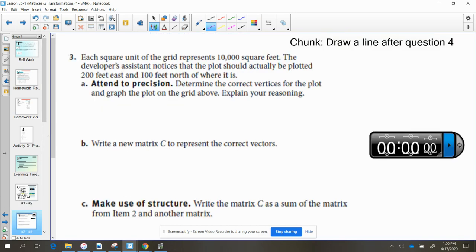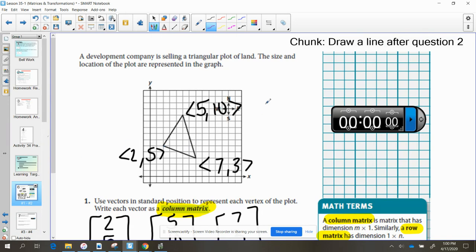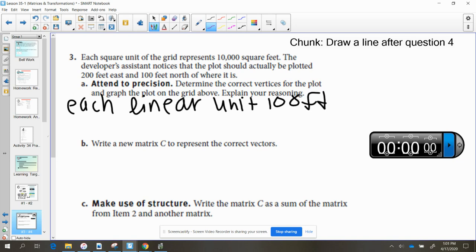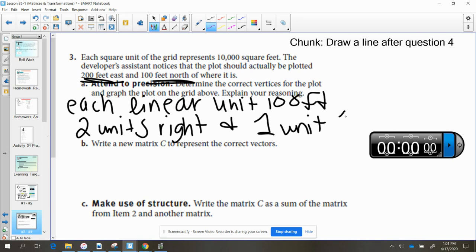Now, notice again with this graph here, they're telling us that this is 10,000 square feet of land is what this total grid is representing. So what that means to us is each unit, each linear unit, since the whole thing is worth 10,000 square feet, it's actually going to represent 100 feet. So if we actually should have plotted this land east and north of where it's at, what that means is we're going to have to take our figure and move it 2 units to the right to represent the eastward movement, and we're going to have to move 1 unit up to represent that